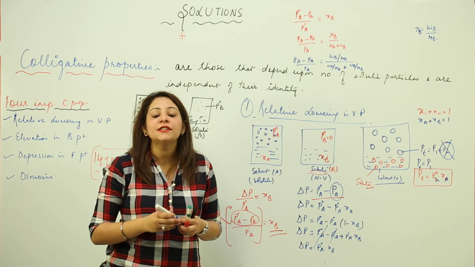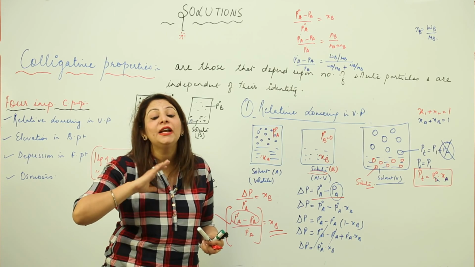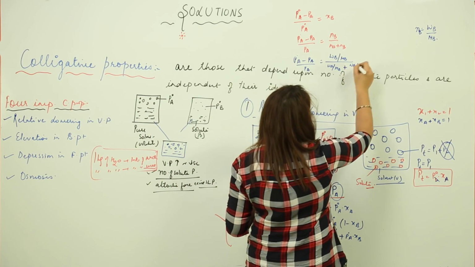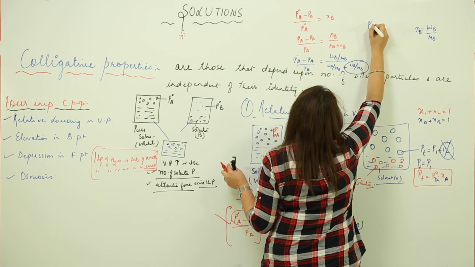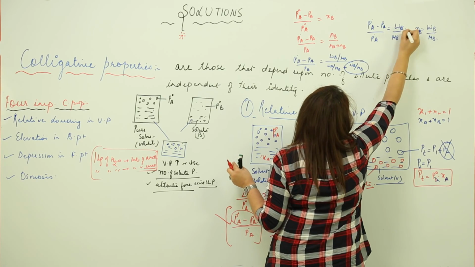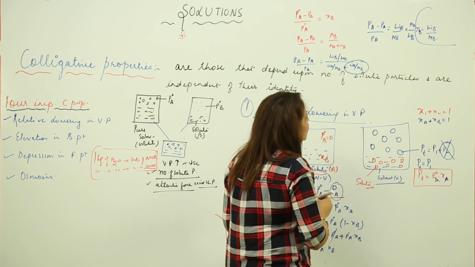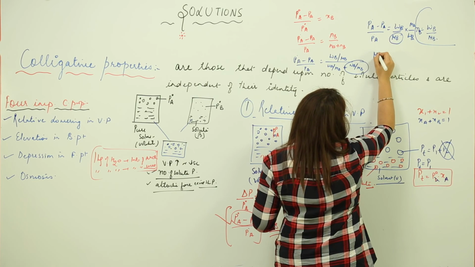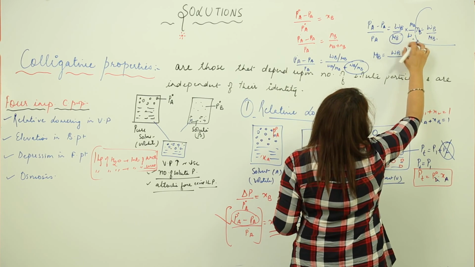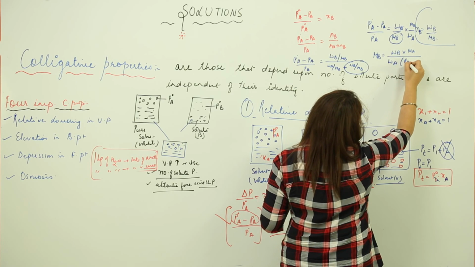As you can see, the concentration of the solute is very low in the vapor phase, because it is almost non-volatile. So in the case of dilute solutions we can neglect the moles of the solute, and I am going to neglect this factor. So what I get is the relative lowering equal to WB upon MB into MA upon WA. So by using this formula we can calculate the molar mass of this solute. So MB is equal to